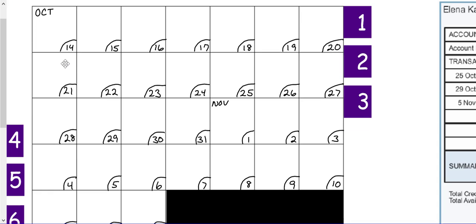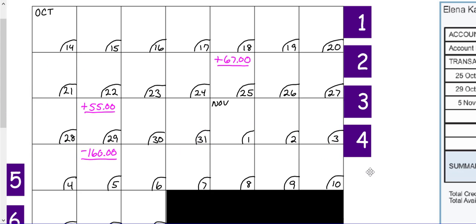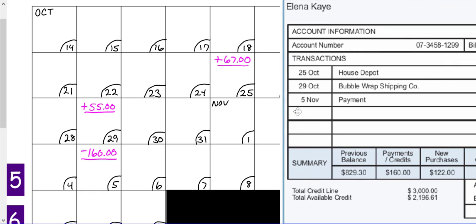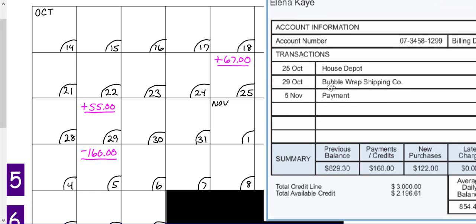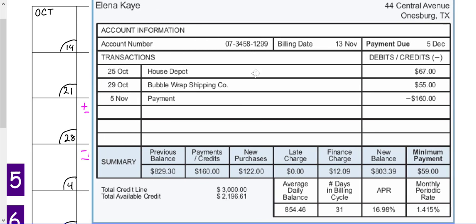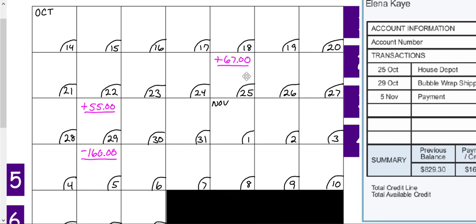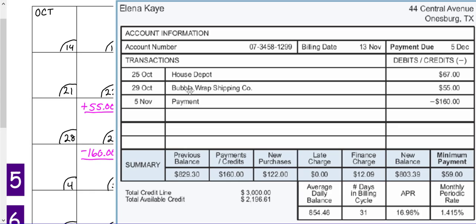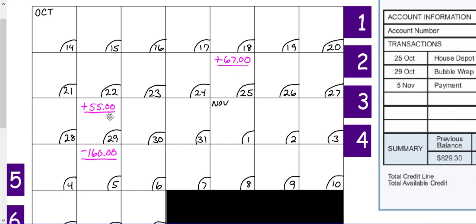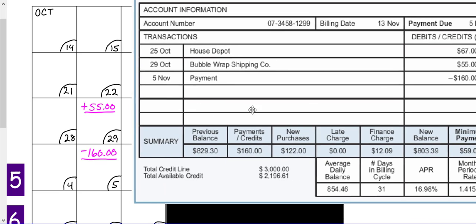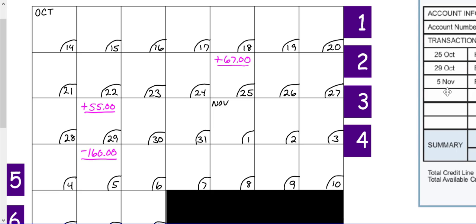The next thing that we want to do is start off by putting in our transactions that are different. So if we look at this, on October 25th, we bought at Home Depot something for $67. So we're going to add $67 to whatever our balance is on the 25th. On the 29th, we shipped something through the Bubble Wrap Shipping Company. So add $55 on October 29th. And then we made a payment on November 5th for $160. Okay, after we do that,